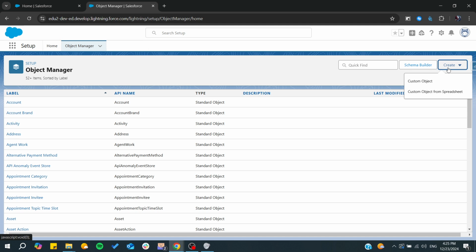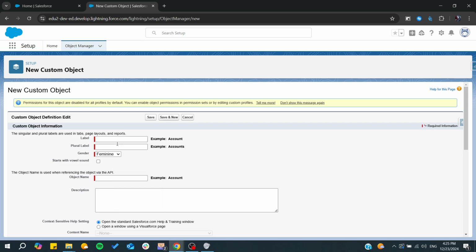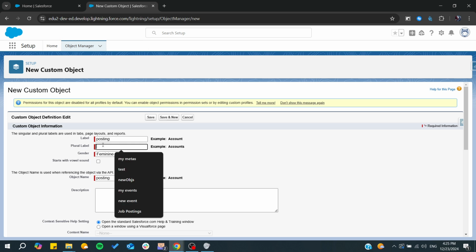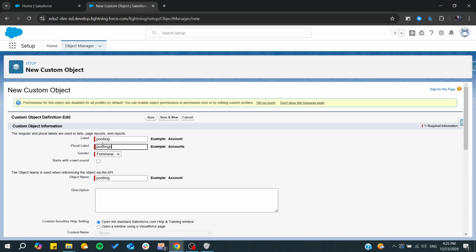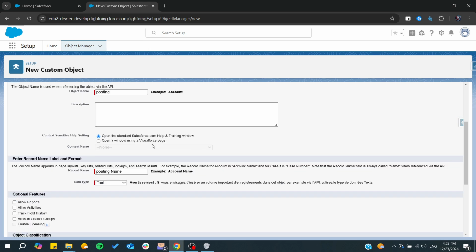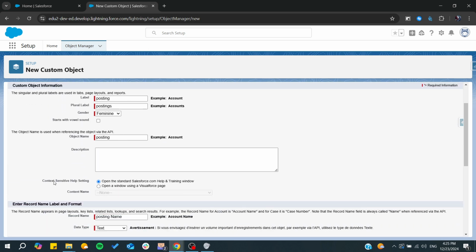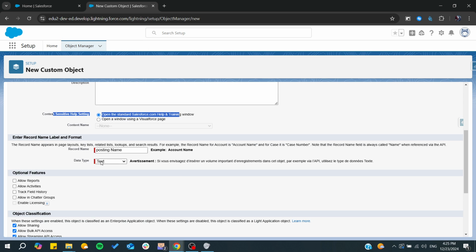So basically, I'm just going to click on create here and I'm just going to create custom and give it some kind of label. So I'm just going to give it for posting, for example, it's just something random. And basically, we need to start to click to add some kind of here and make sure all the records are working very well, and basically the record name we want it to be just a number